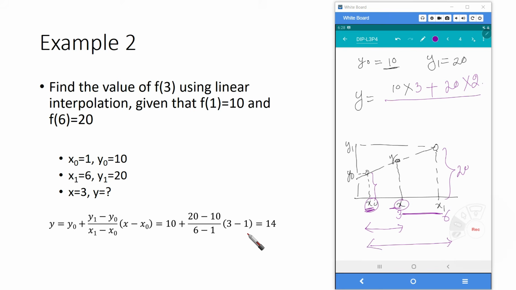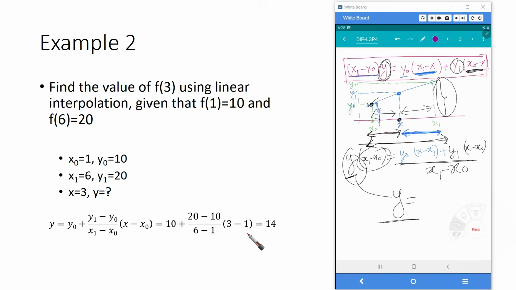The whole distance is 6 minus 1, that is 5. So what is it now? It is now 30 plus 40 plus 5. This is 14. So the same values that we calculated,